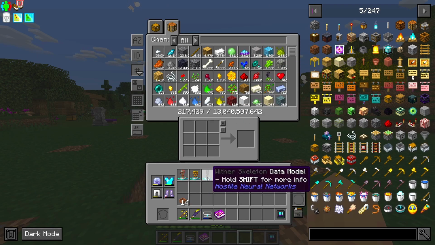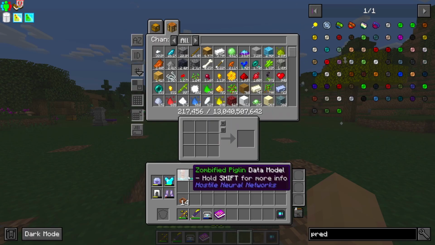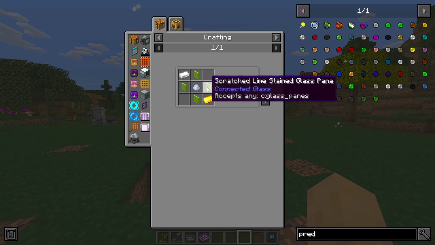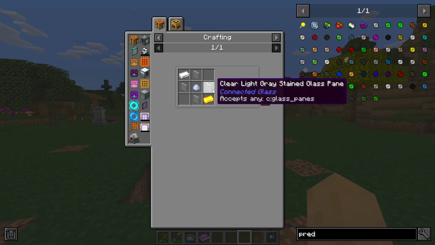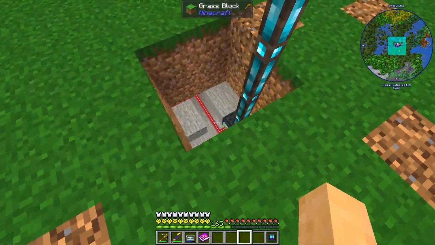So, my idea would be to make the prediction matrix automated, which we've seen already how to do. Well, kind of. We want gold ingot, which we will get from zombified piglin. We need iron, which we can get from an iron farm. We need clay, which we have from water essence and dirt essence. And we need stained glass, which we can get from sand or either glass or...